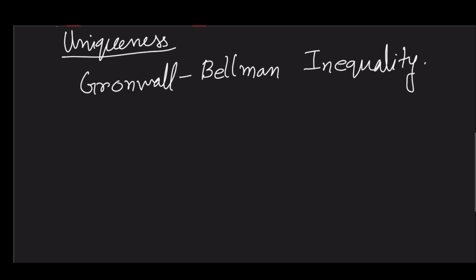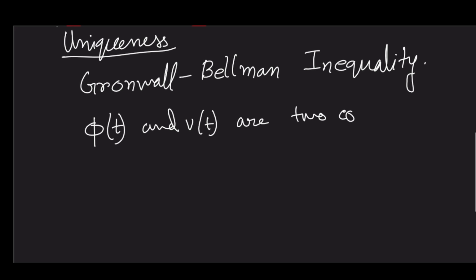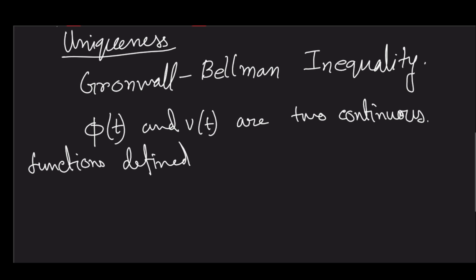So here what we will do is, suppose that we have a function phi t and v t are two continuous functions defined for